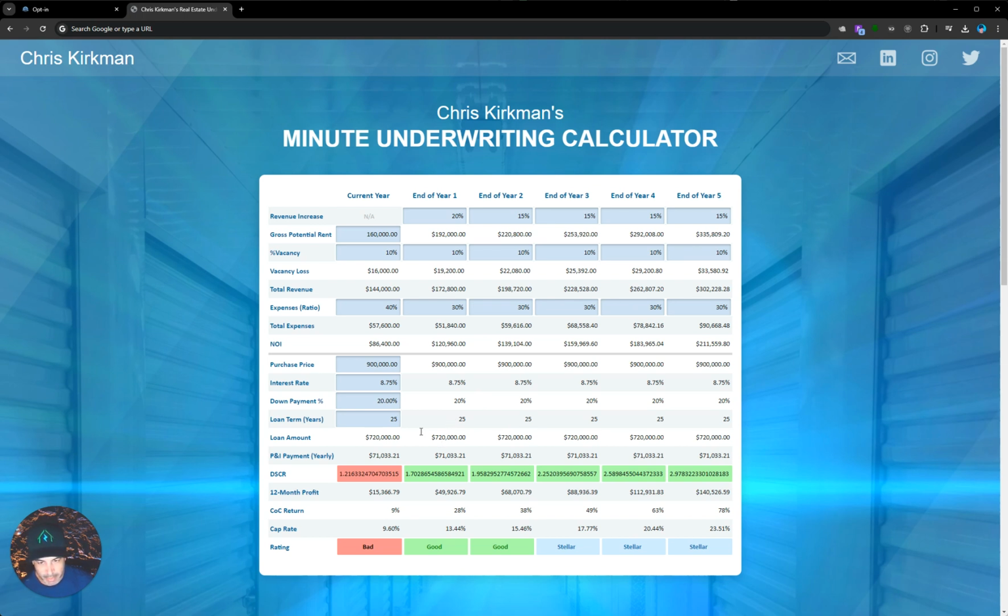I personally don't care as much about cap rates, considering interest rates are so high. I just got to be able to pay my mortgage, right? My P&I, principal and interest annual. That's what that number there is. So my NOI, my net operating income, which is basically my gross potential rent minus my expenses. You subtract the amount that you have for your loan payment,